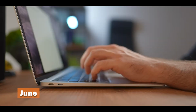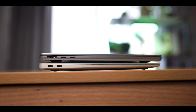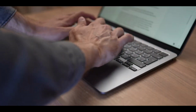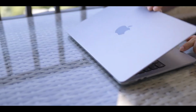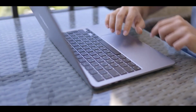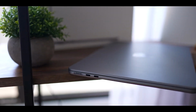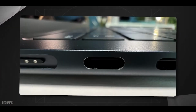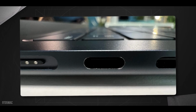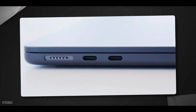The new MacBook Air unveiled for the first time in June at the WWDC 2022 conference is an addition to the current generation of MacBook Pro family and comes with a brand new Apple-designed chip named M2. This new SoC outperforms the M1 in terms of speed and power efficiency while maintaining excellent battery life. According to Apple, the M2 SoC, which is an improvement over the M1 but is still positioned below the M1 Pro, M1 Max, and M1 Ultra, is the center of attention in the design of the new